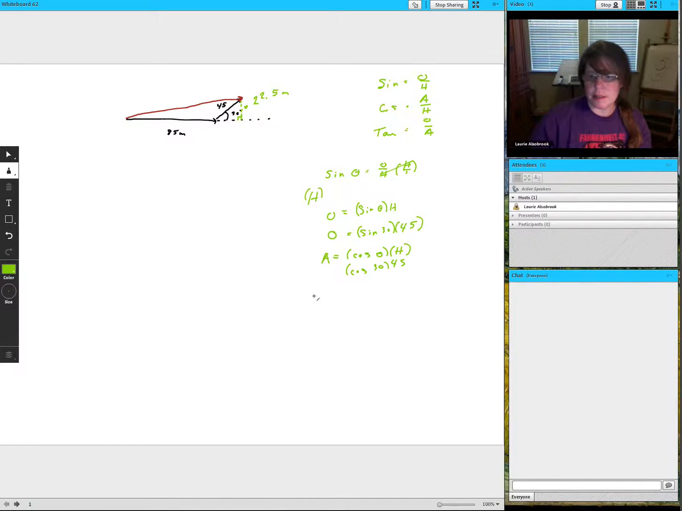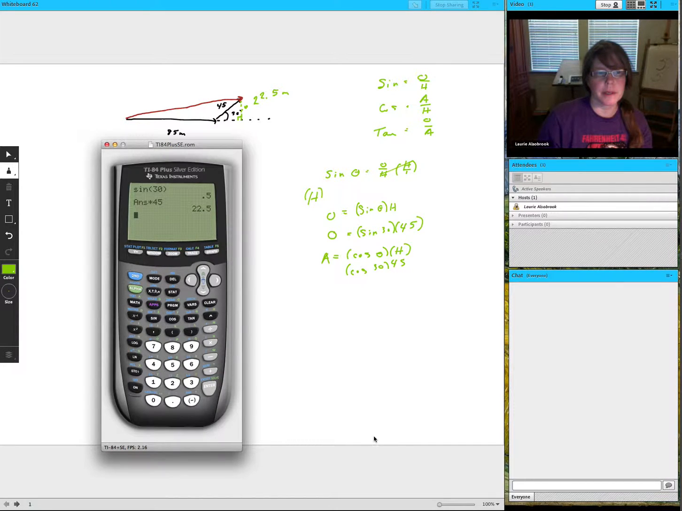So using again my calculator, let's find the cosine of 30. And we're going to take that and multiply it times 45. You can do this in one big long step if you like. I'm just showing it to you this way so that you can see what I'm doing. Okay, and that tells us the length of that side is